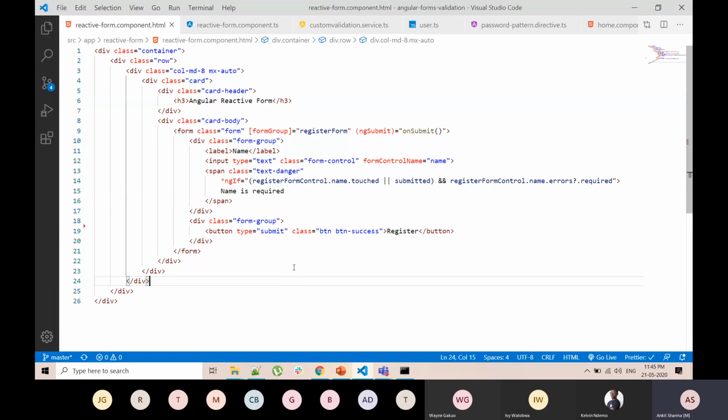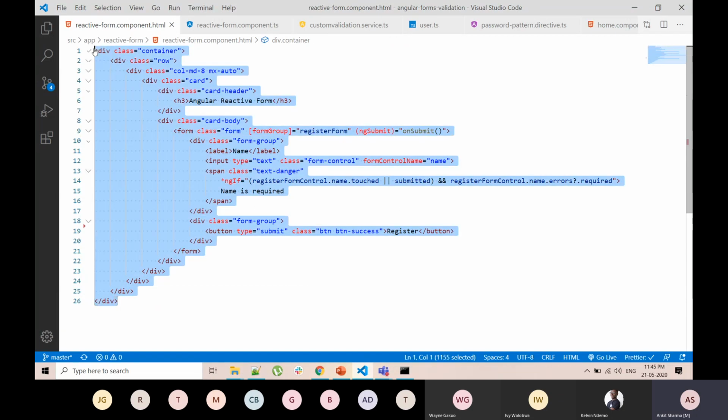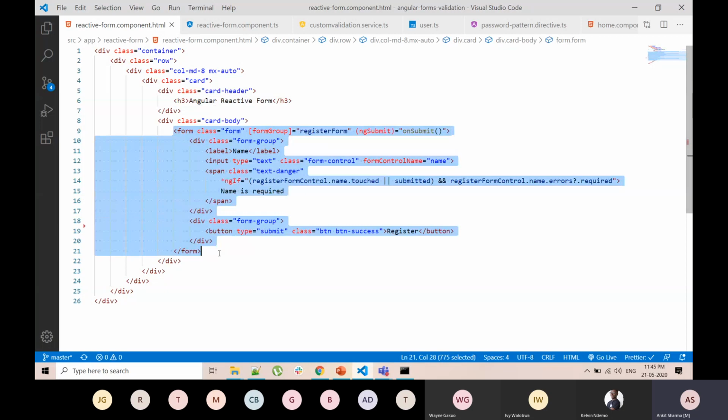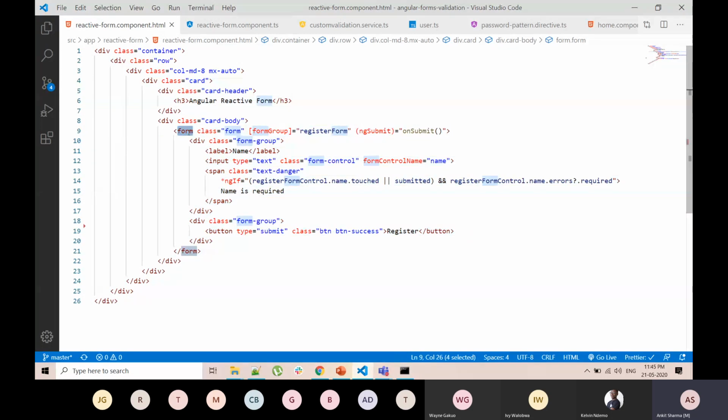At this point, you can see that I have used some Bootstrap styles to create a card and a card header, and inside the card header I have set the text Angular reactive form. Then I have a form tag here, and this is from Bootstrap. Here you can see I am binding the form group property of the form to the name register form.